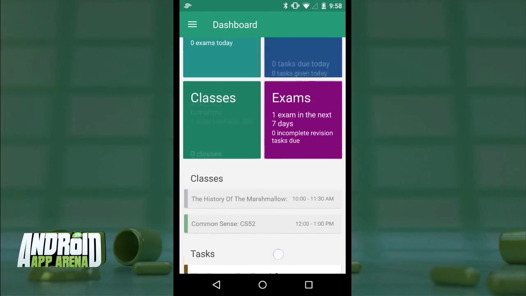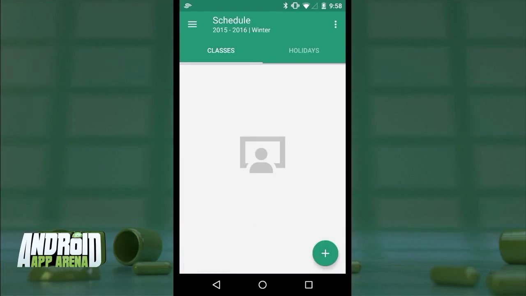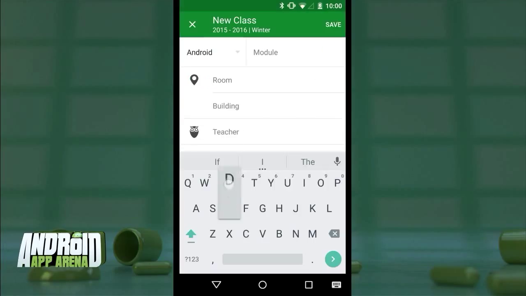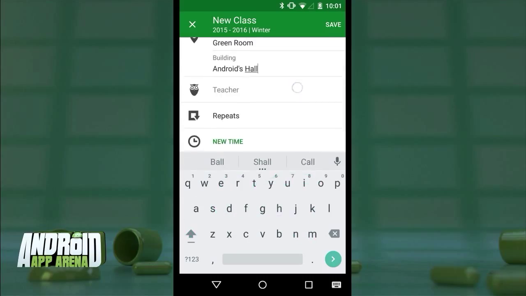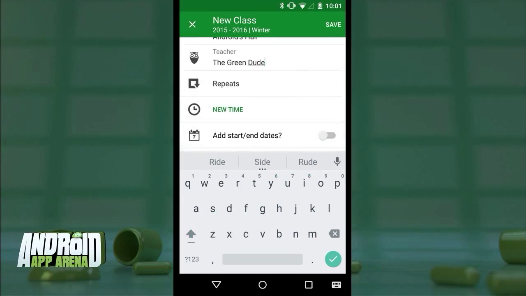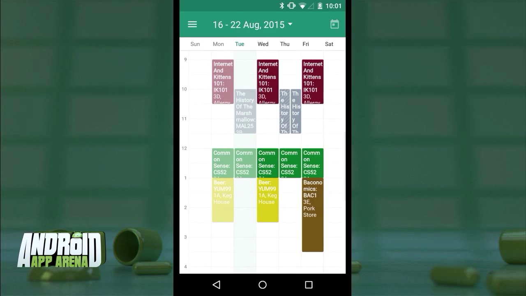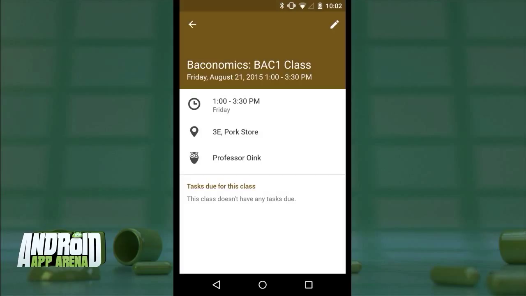First, I started by creating an academic year followed by the term that I'm currently in, and from there, I've entered in my course schedule, as you can see here, including the course name, instructor, where it's held, when class is in session, and a whole lot more. The calendar function does a great job laying it all out, and any course is actually tappable, which reveals any assignments or tasks that might be assigned for that particular session.